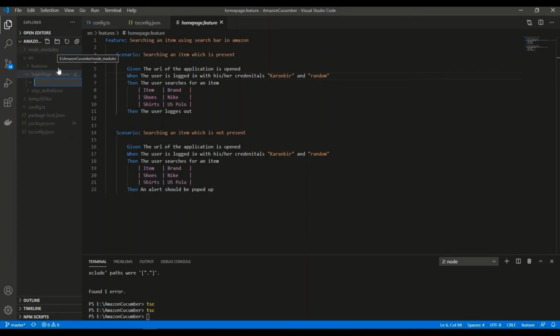And let me create one more and I'll say it as helper, right? So okay, I'm not sure, let me just verify. Okay, so yep, it created in a wrong way.